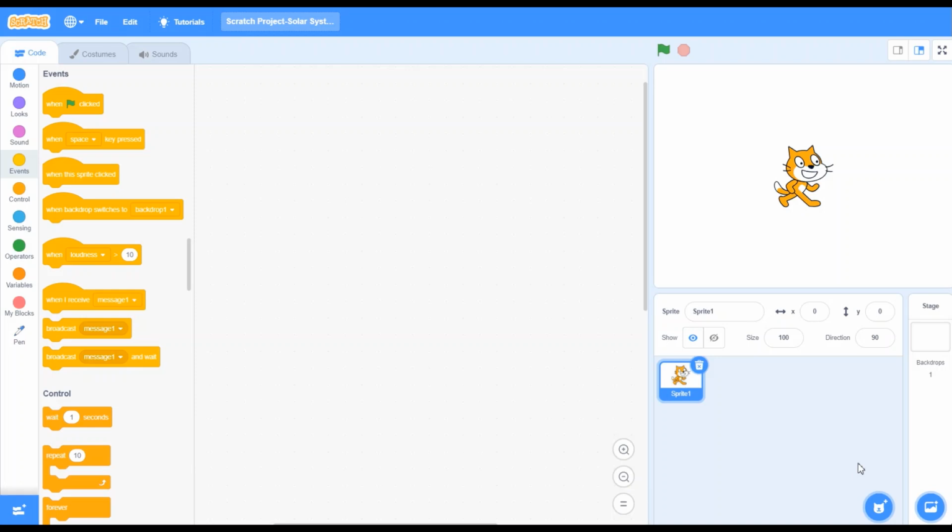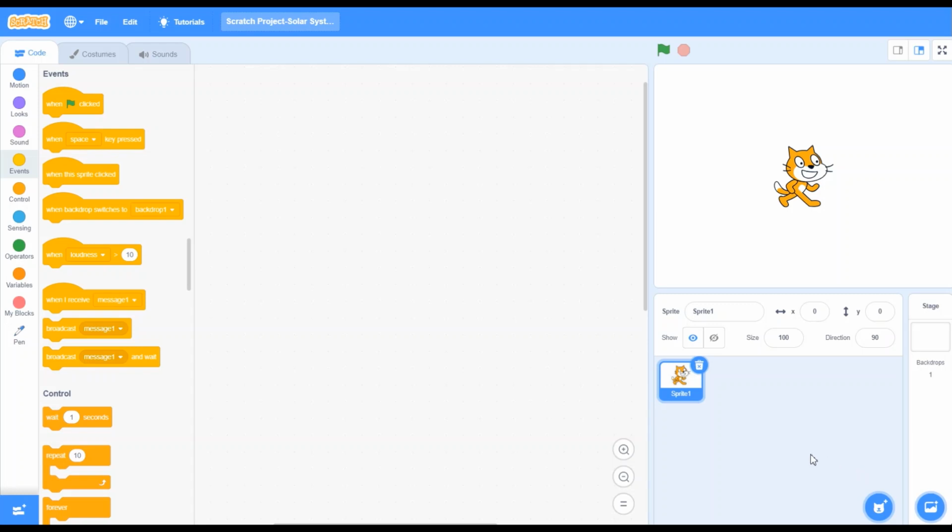So friends, did you remember in the past few videos I have shown you how to create the solar system simulation? This time I will show you how to create the solar system animation using advanced codings. In the past few videos I have shown you how to create it with simple coding. So friends, this time I will show you how to create it with advanced codings. Are you all ready? Great, now let's start.